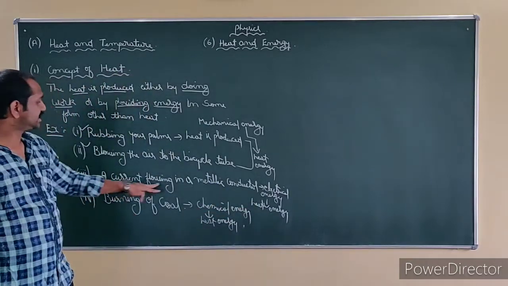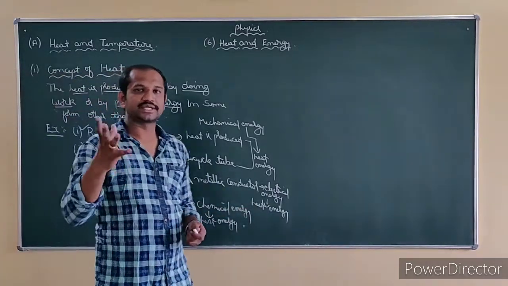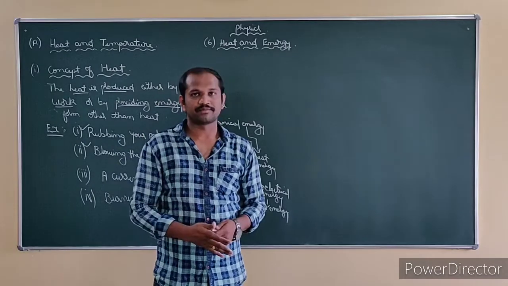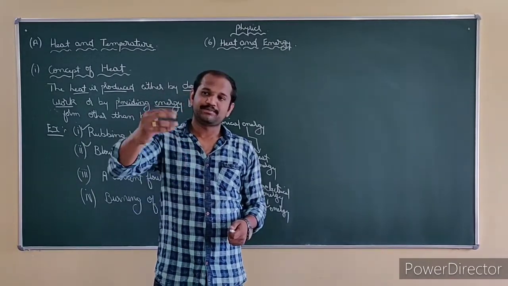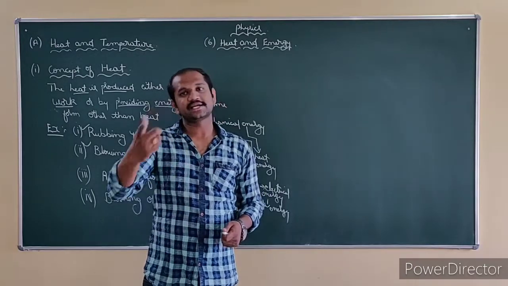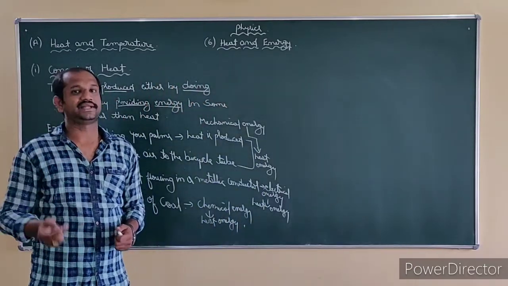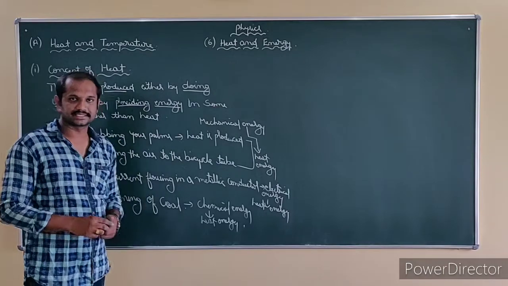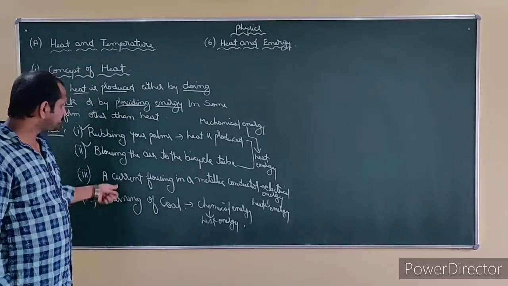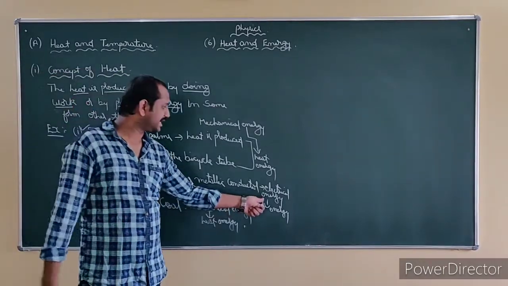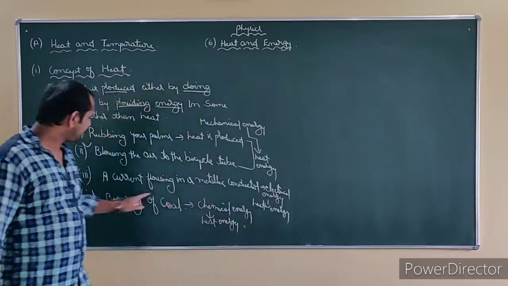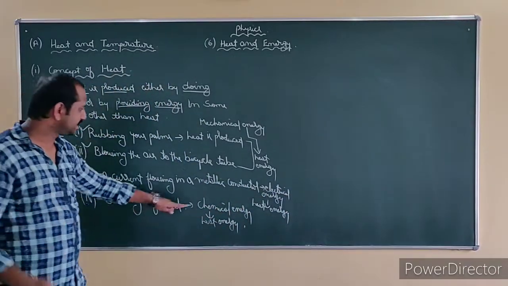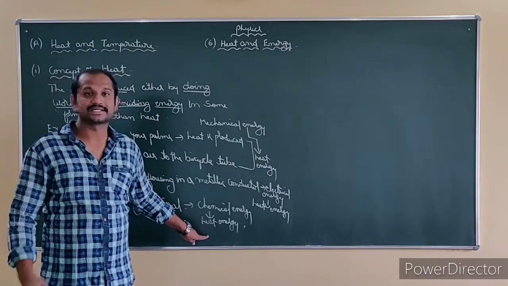Obviously, here, you can see that when you touch some of your apparatus in your home, whatever you have, like fridge or a TV, it produces heat. That is called, next year you will come to know, the heating effect of electric current. There we can discuss. But in general, we know that current flowing in a conductor converts electrical energy to heat energy. Then what about burning of coal? Obviously, chemical energy is converted into heat energy.